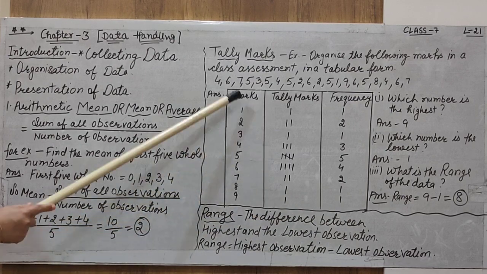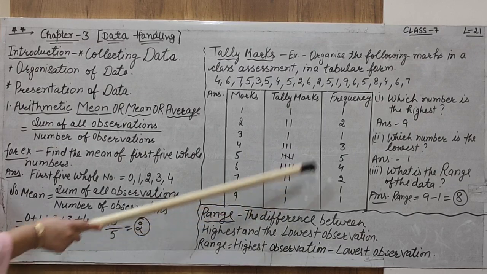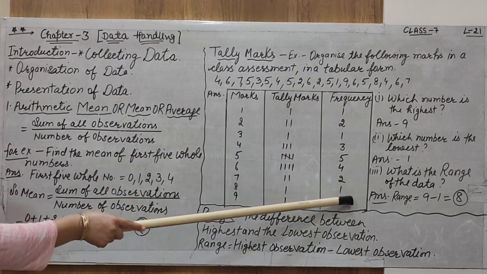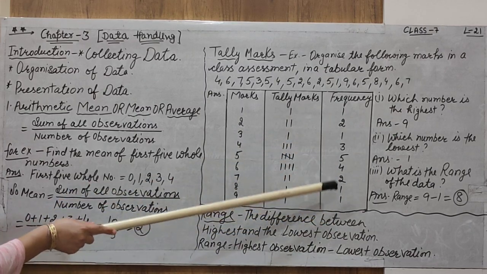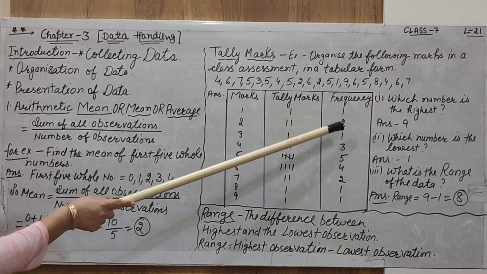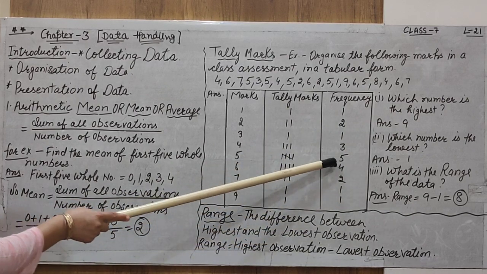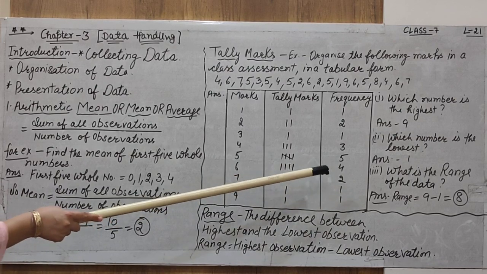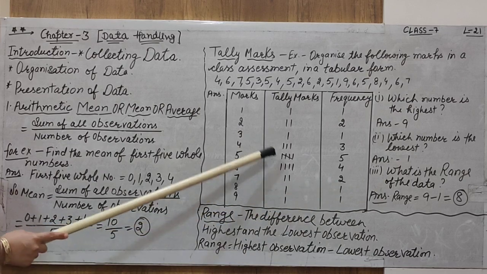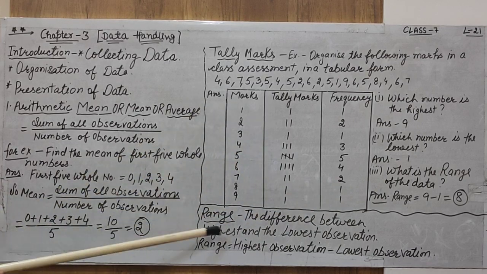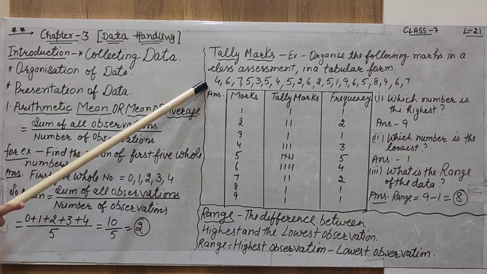As 8 comes how many times? Only 1 time. Similarly, 9 comes how many times? Only 1 time. So this is the frequency. When you write down all the frequencies, count these frequencies. 1 plus 2, 3 plus 4 plus 3. How much do we get? 7 plus 5, 12. 12 plus 4, 16. 18, 19 and 20. So the total times these numbers are repeated is 20. So these are the 20 numbers which are used.